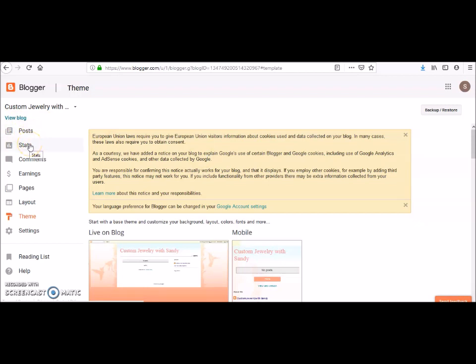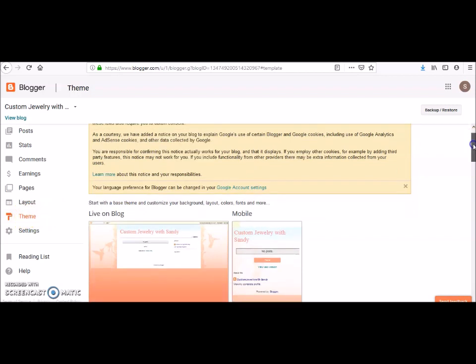Your stats is where your traffic is coming from. You can either add comments. If somebody wants to ask you a question, you can turn it off or turn it on. This is your earnings through AdSense. You can create different pages, such as tabs where people would click join my team, monthly specials, contact me. Those are pages. Tomorrow will be the layout, but right now we are on theme,